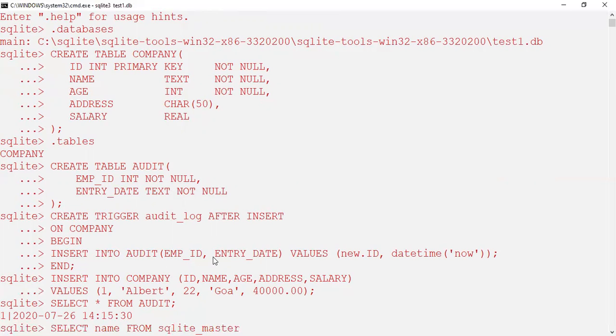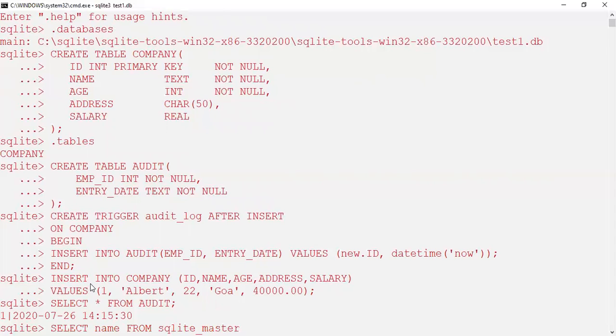So we have employee ID and entry date, these are the two fields we have in the audit table, and new.id, and the timestamp that we have, and finally we end. So this is the syntax. The trigger name is audit_log.